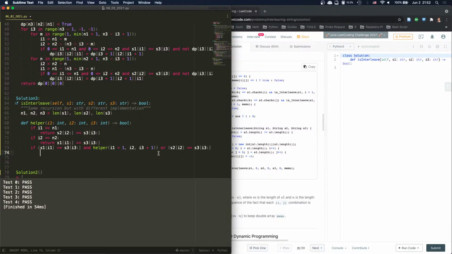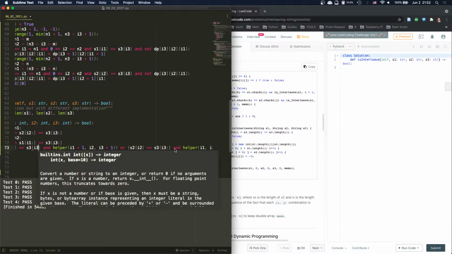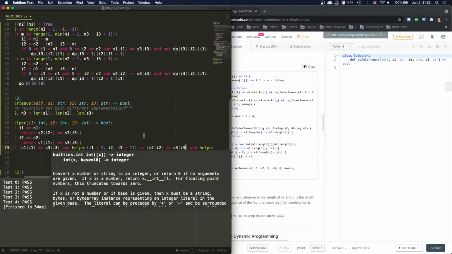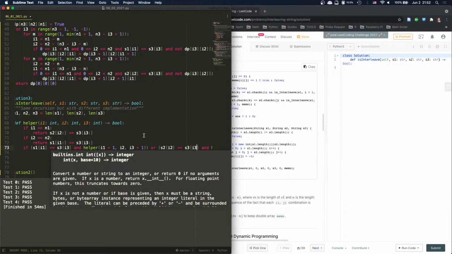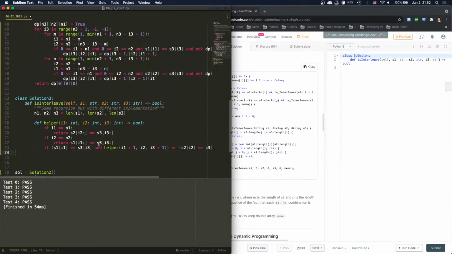S1 matches, and actually this is not. This one. S1 matches, and move on, still matches. Then in this situation, we say we're gonna return true, right? Else we're gonna return false, and then we're gonna also create